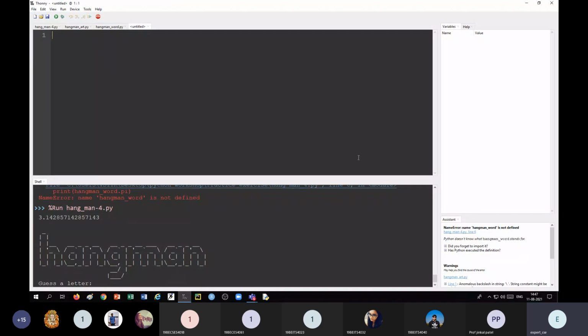For example, let us take a new file and create a simple function, define greet, with print hello, print how do you do at your location, say hello, name say Mihir.